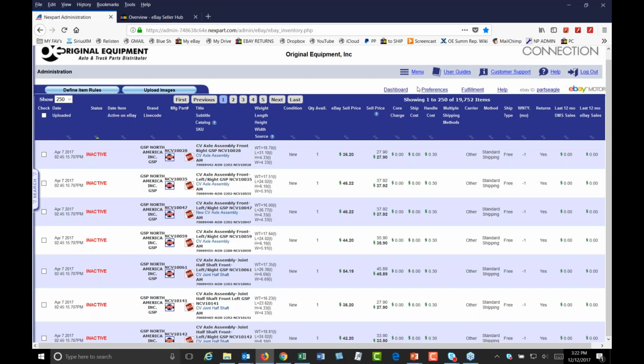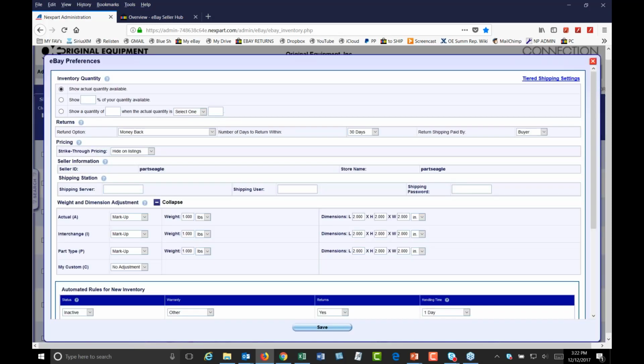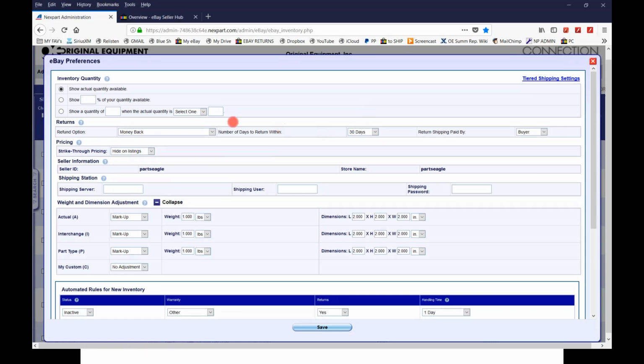Okay, that's where that lives. Preferences are the global rules or defaults that really can be utilized to affect your entire collection of inventory within the tool. So these are global rules that you can set as minimum defaults for your inventory management. And there's a lot of great stuff going on in here that's really important to show you and to highlight, because so many people never get a walkthrough of this particular segment